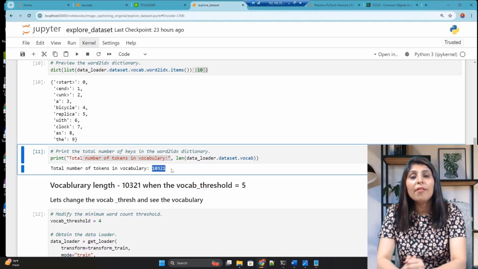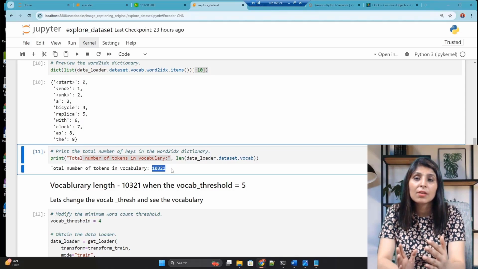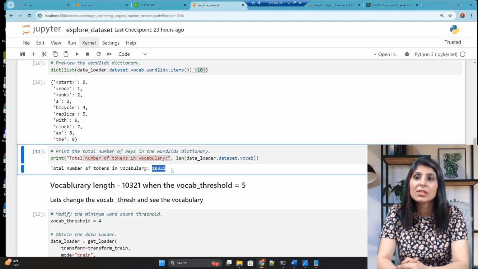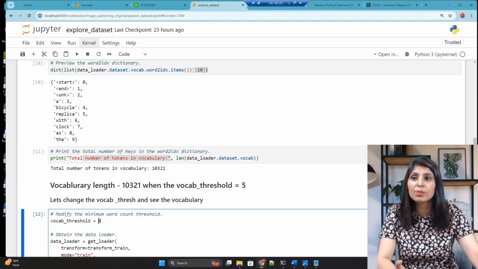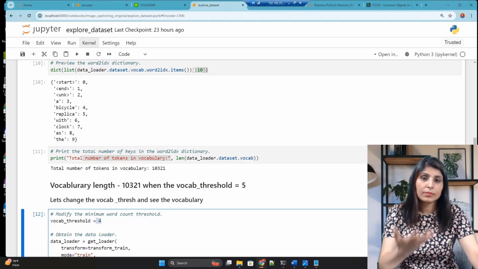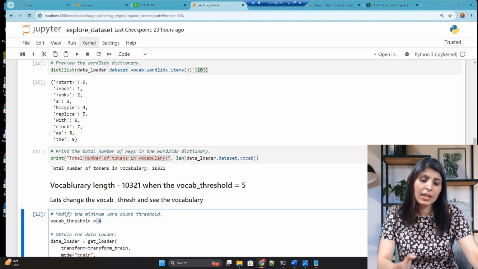Now guys, if we reduce this vocab threshold value, what will happen? Let's say now we set the vocab threshold value to 4. That means that if any word appears a minimum of 4 times in the data, then we will count it in our vocabulary, otherwise not. So this time you will have a higher number.